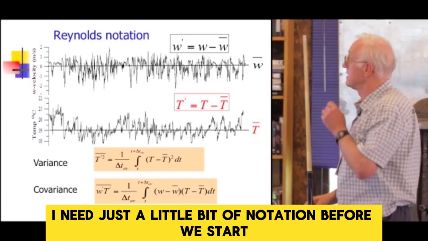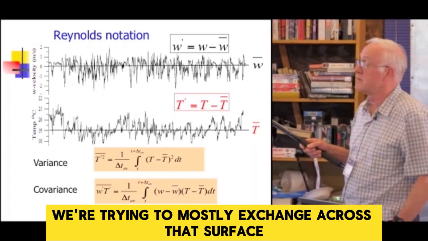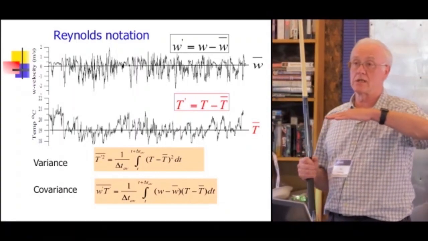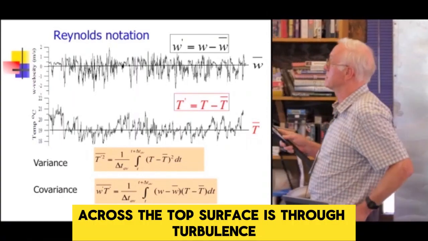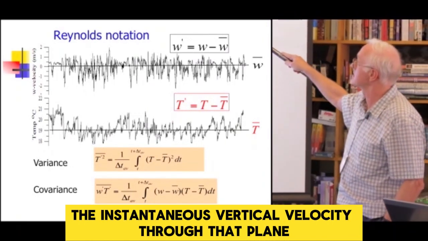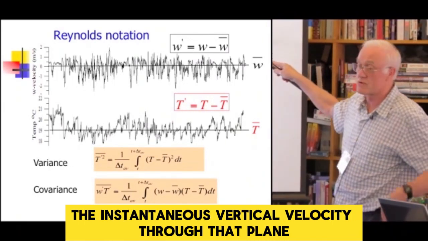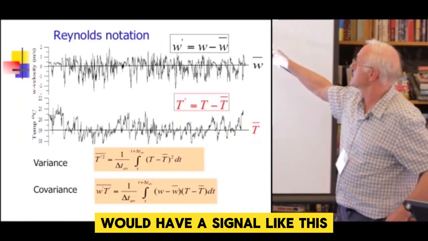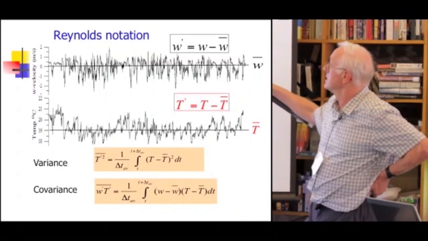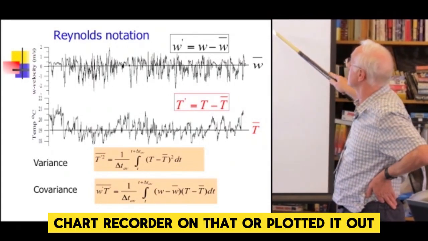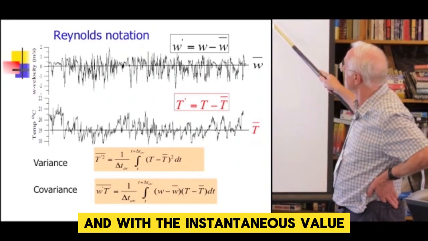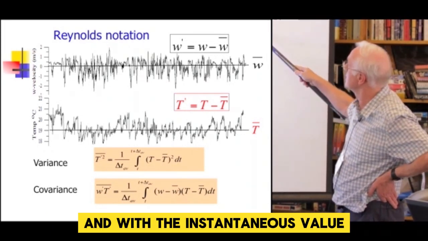I need just a little bit of notation before we start. Most of the exchange across that surface, across the top surface, is through turbulence. So we use this so-called Reynolds notation, where the instantaneous vertical velocity through that plane would have a signal like this. If you put a chart recorder on that or plotted it out, you'd see lots of ups and downs, and with the instantaneous value,